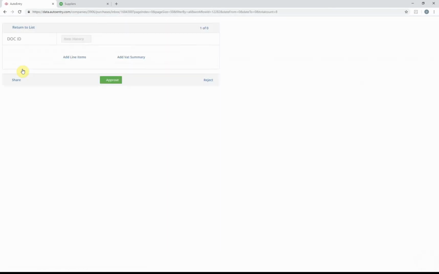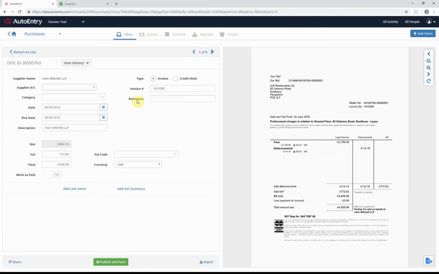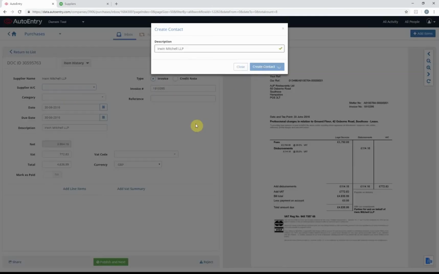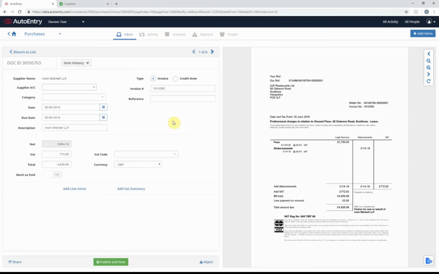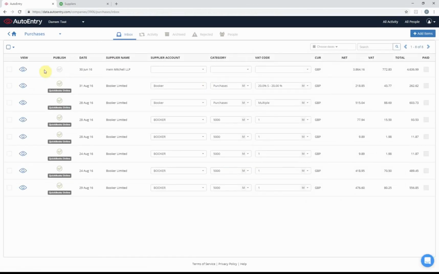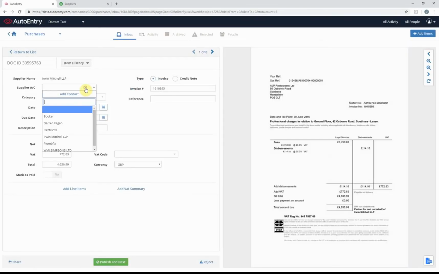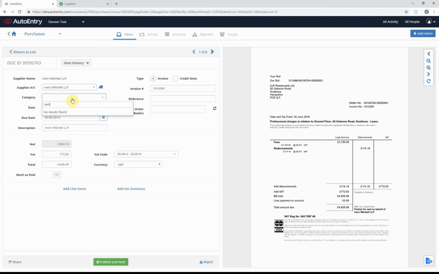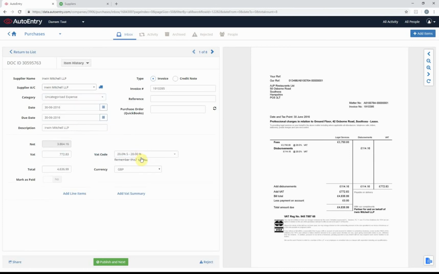So we have another one here, Irwin Mitchell LLP. As you can see, again, it's not a current supplier, so you can see creating suppliers is very, very quick. Inside Autoentry, select the supplier. Right, this will be to do with, say rent. No, rent's not there. Let's have a look. Let's just put it to anything. I'll put it to an uncategorized expense. I'll put the VAT in there, and then I can